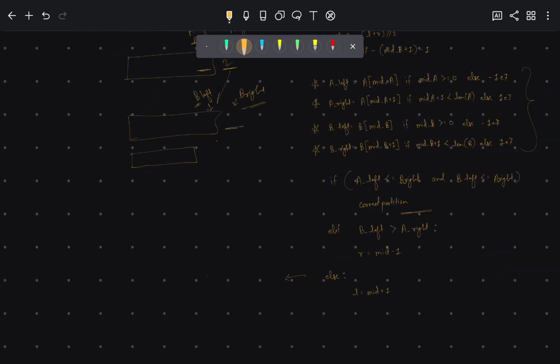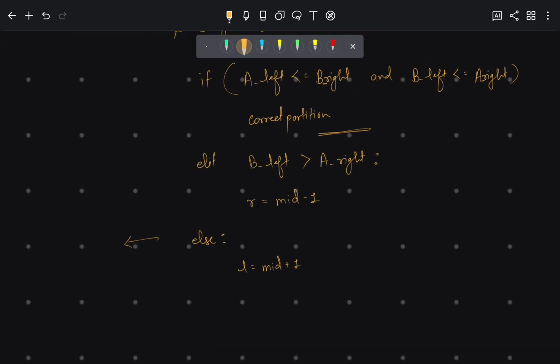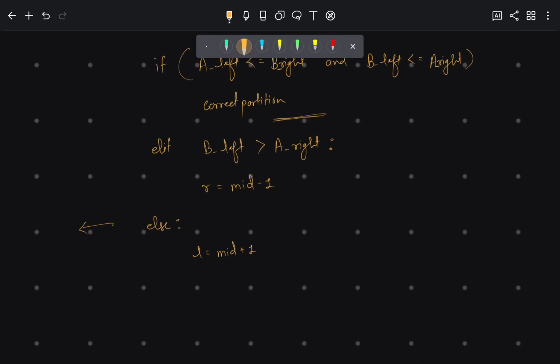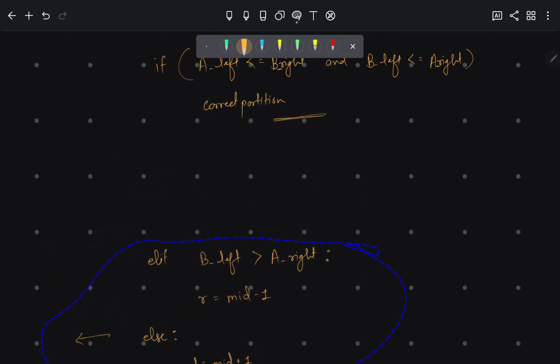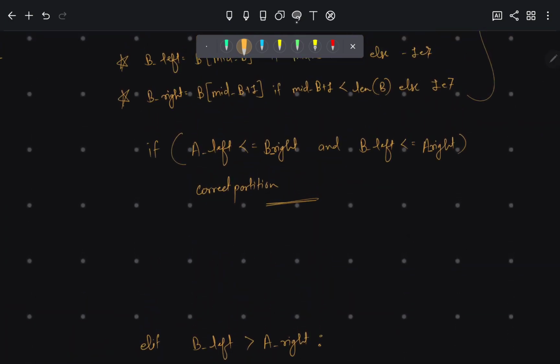Okay, so let's focus on the current partition then. If we get the correct partition, then what should we do? Let me put this below a little. Okay, so now we got the correct partition. So there are two cases. Total length is odd, or even. We are gonna check for that, right? If we get the total length of